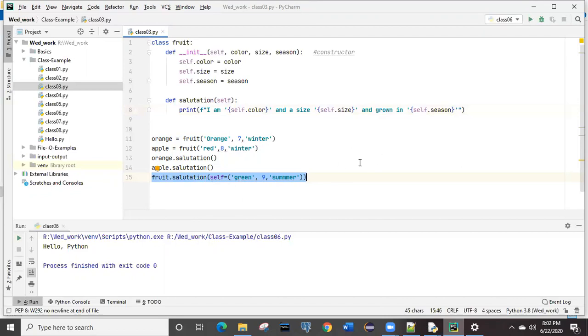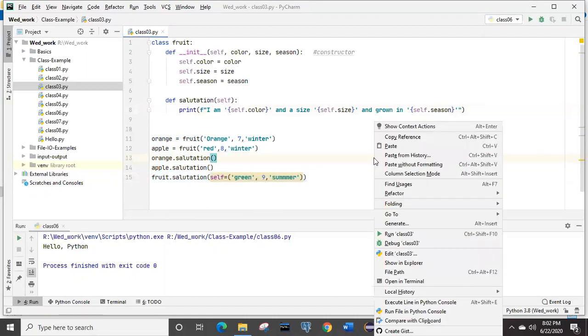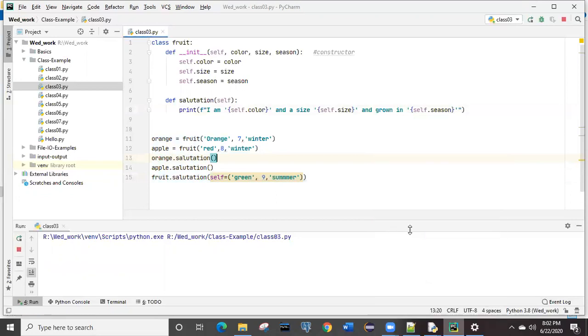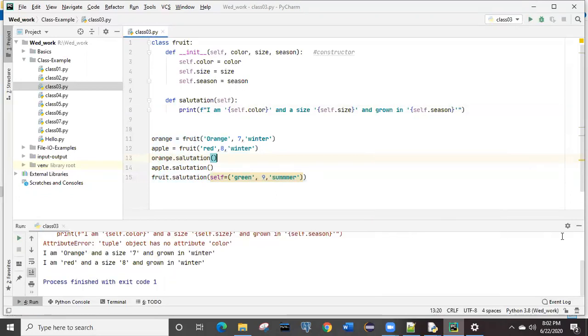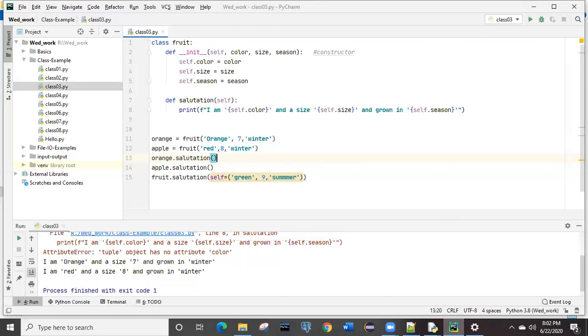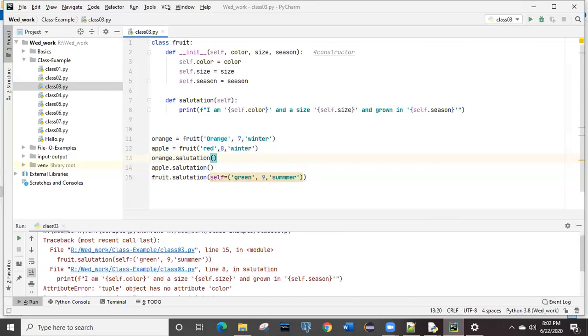And I told you to run it on your machine. I hope you ran it. If not, I will run it now and you just check what could be the output. What is the output it is saying? There's an error. It is showing an error. What error is it?